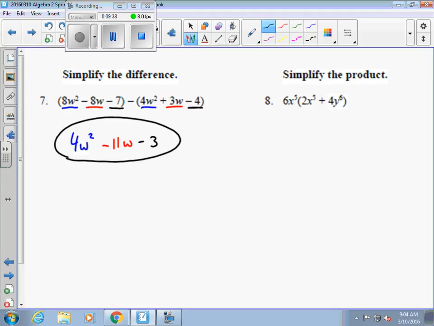For this one, it says simplify the product. You need to distribute the 6 and the x to the 5th power. So 6 times 2 we know is 12. 6 times positive 4 we know is positive 24. You do the same with the